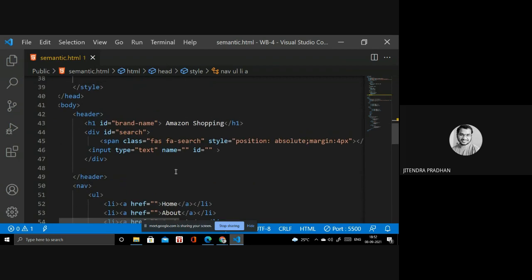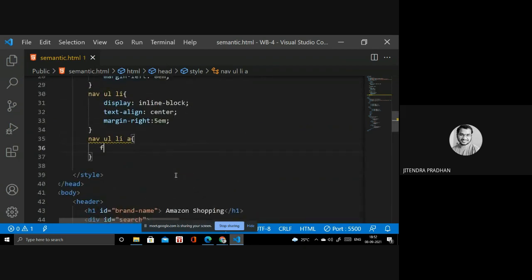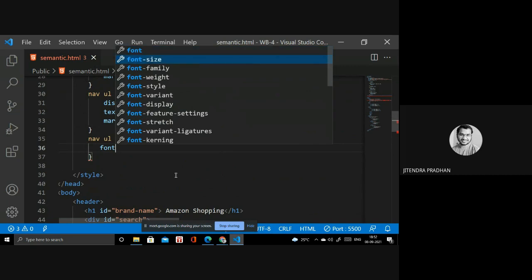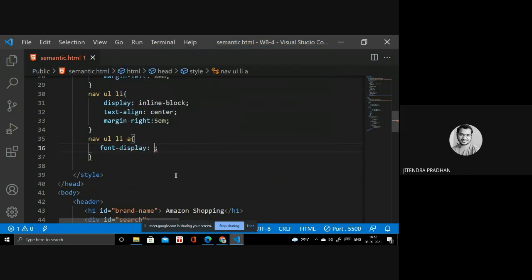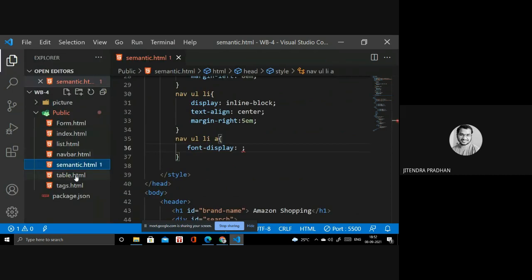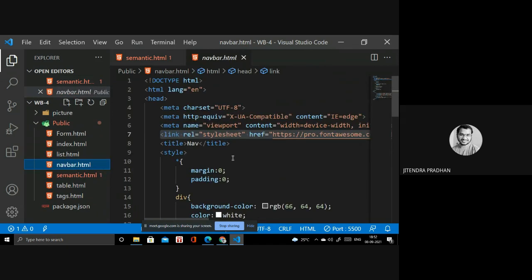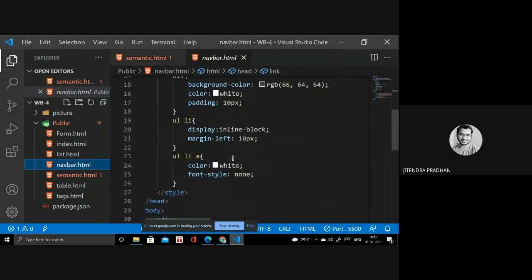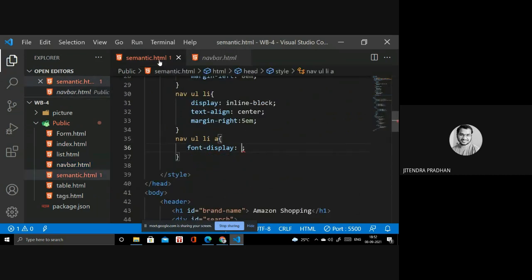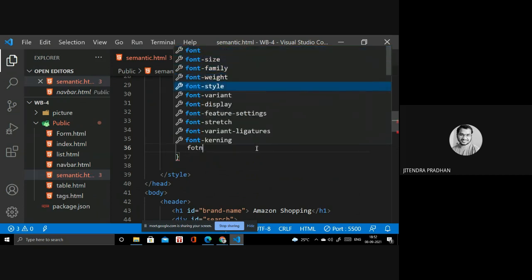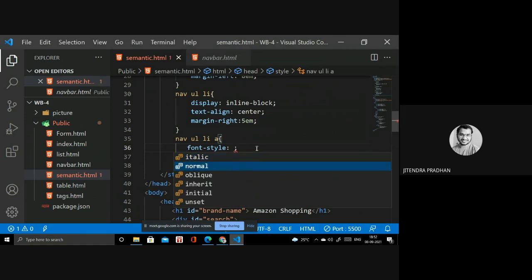Inside, okay, so we have font size, width, variant, display. Before, when we were designing something in the navigation, I will check what property I used inside that. It's margin, font style. Okay, font style I'm using. I think I already used that. Font style, underline, unset, all these things are there. Okay, I will use unset. Let's see.